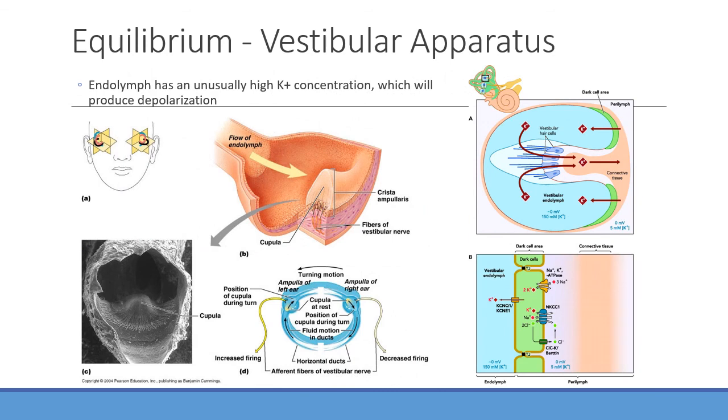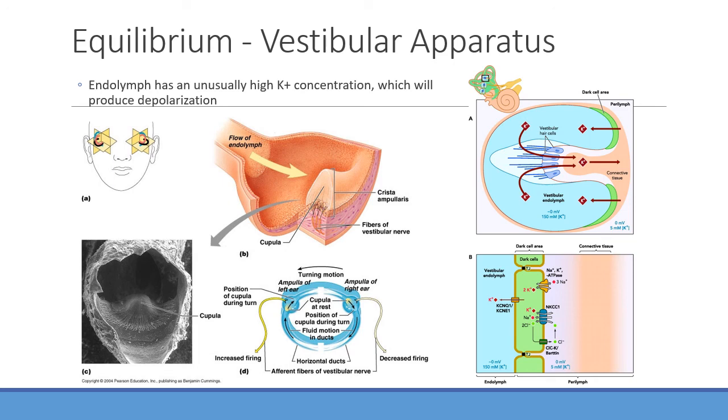And again, the endolymph itself is really high in potassium. So I mentioned other cells are typically like that salt wrap banana. This is more like a very high potassium concentration on the outside of the cell. And then as those hair cells pull, it's going to open up those potassium channels, allow it to flow in. And as those cells become more positive, that triggers off an action potential.